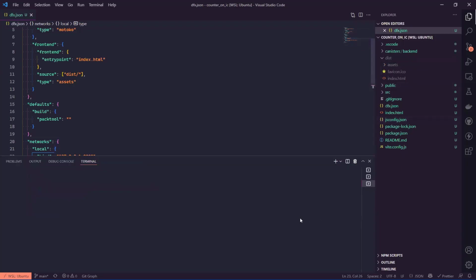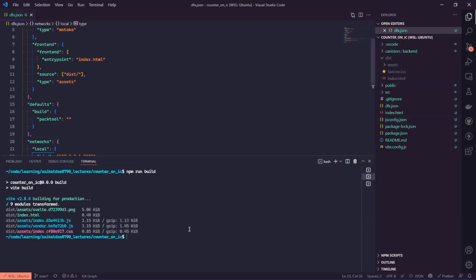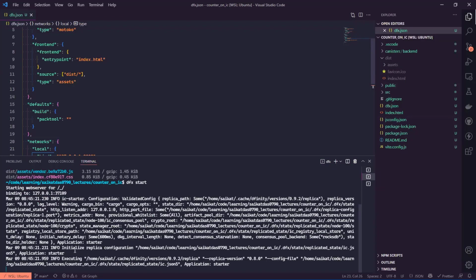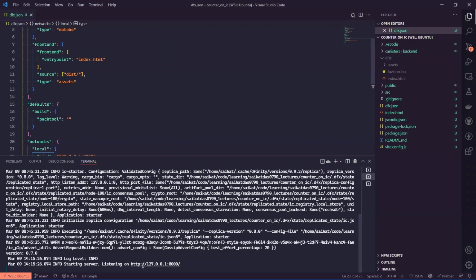If I do dfx start, my IC replica has started up. I can see that I'm listening on localhost 8000. Okay. So the next step is